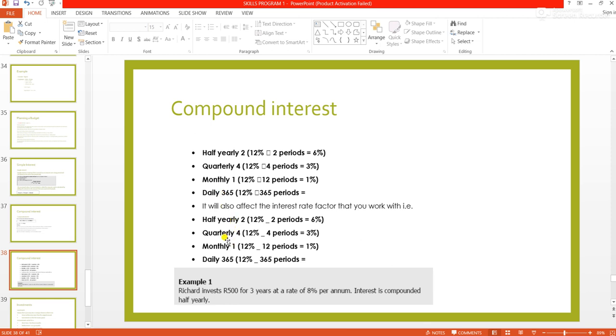So let's get into the example that I've extracted from your learner guide. Example 1: Richard invests 500 for 3 years at the rate of 8% per annum. Interest is compounded half yearly. So what you need to do,